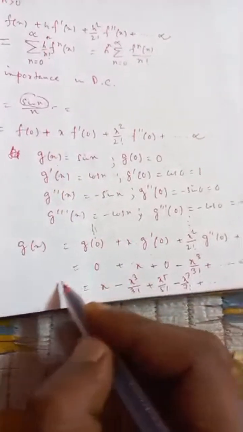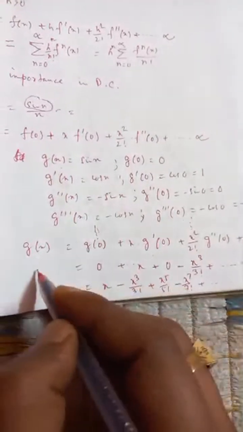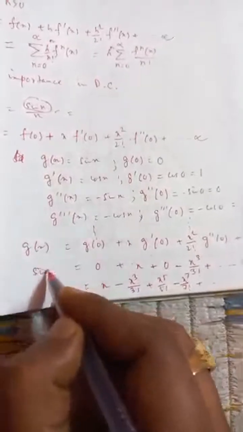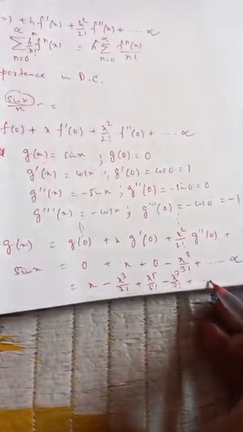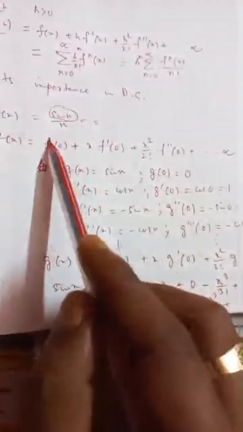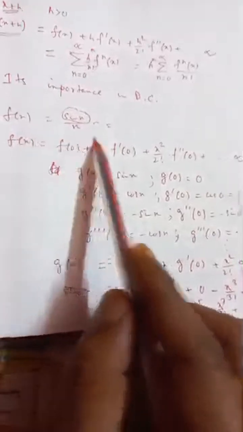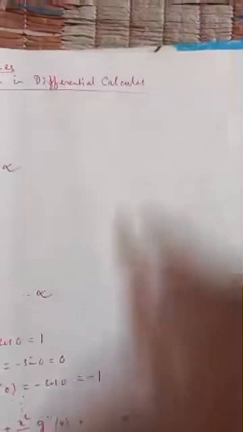In this way we can expand g(x), or sin x. Now if we replace these values in the function f(x), which is sin x by x, then we will get